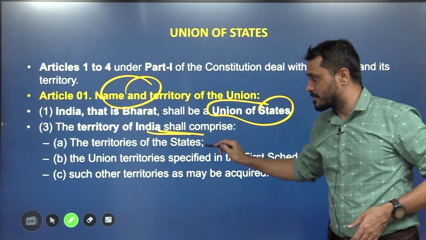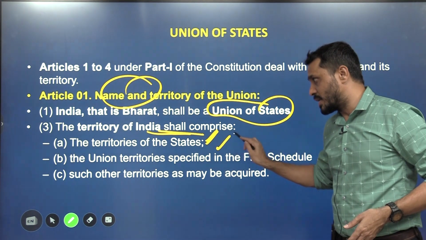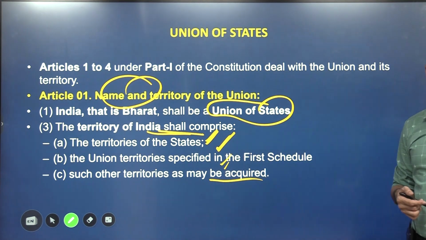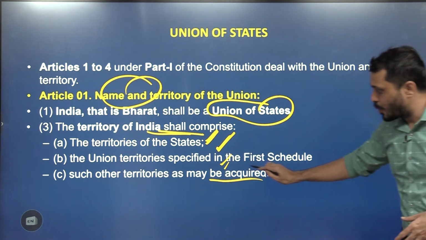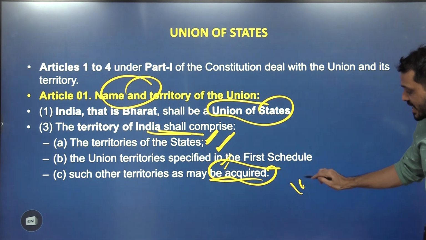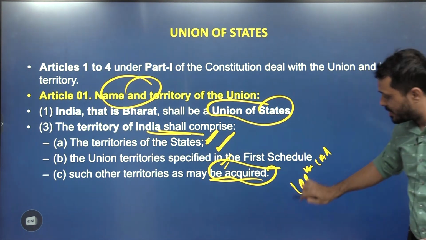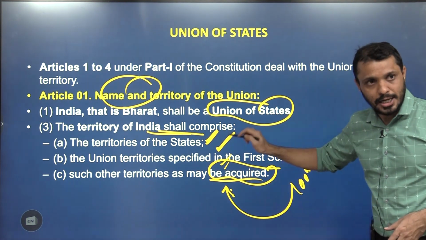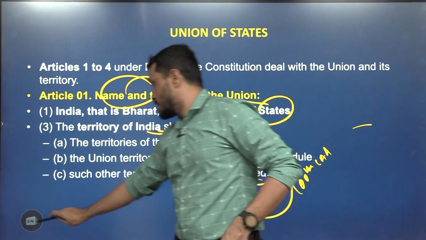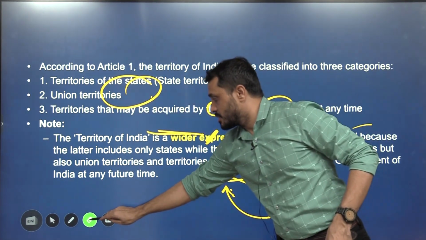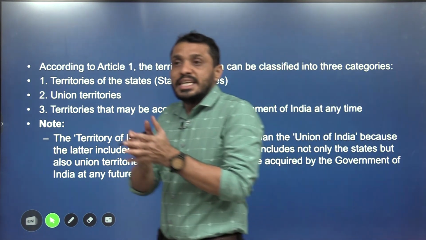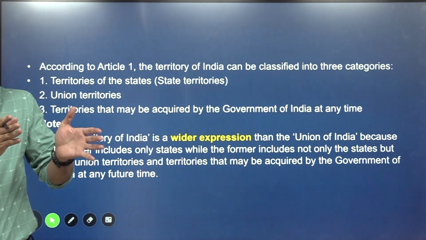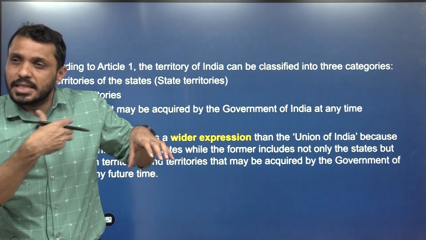So territory of India means what? All the territory of states, UTs, as well as any territory which is acquired. All this falls under the definition of Article 1. Acquired means acquired according to international norms. For example, through the 100th Constitution Amendment Act, we acquired a few things. They come under Article 1. Then according to Article 1 of the Indian Constitution, territory means, as I said earlier, and if we compare the territory of India with the Union of States, the Union of States is all about center and states.